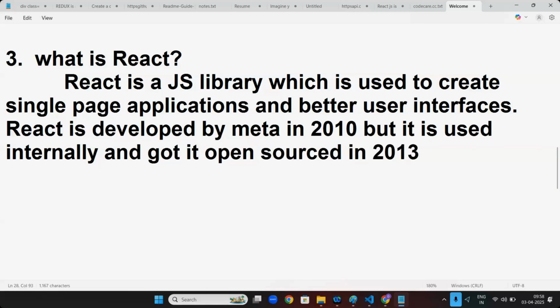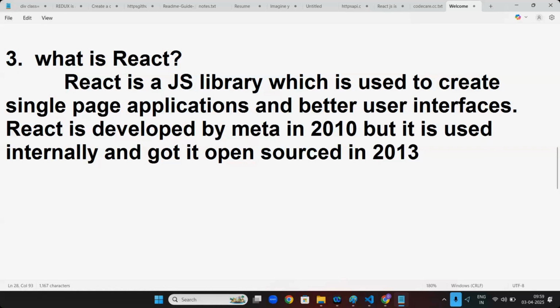React was developed around 2010, but only Facebook was using it inside Facebook. No one outside knew what React was. But in 2013 they made it open source, which means anyone can use it. Now all the people started using it because of its easiness. When everyone is using it, it became popular. Simple.